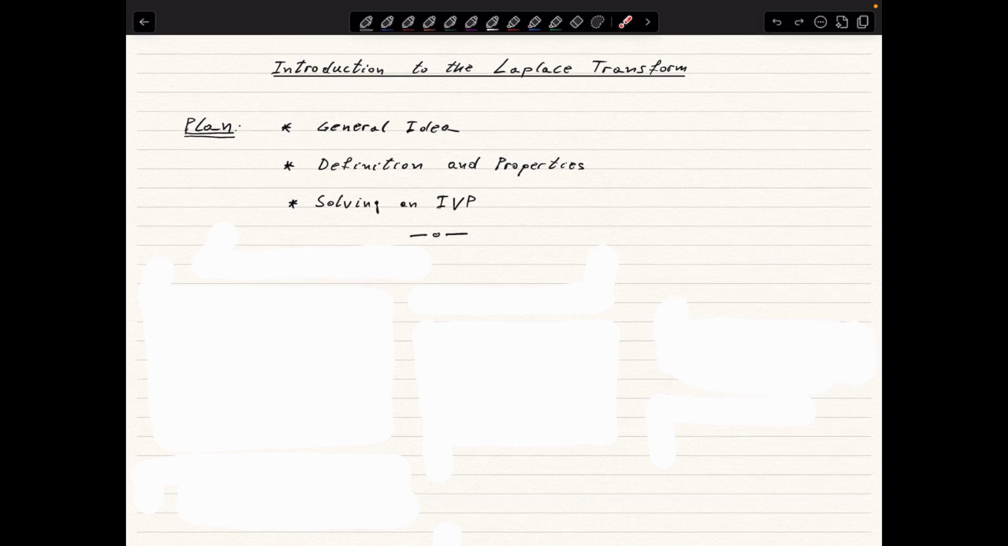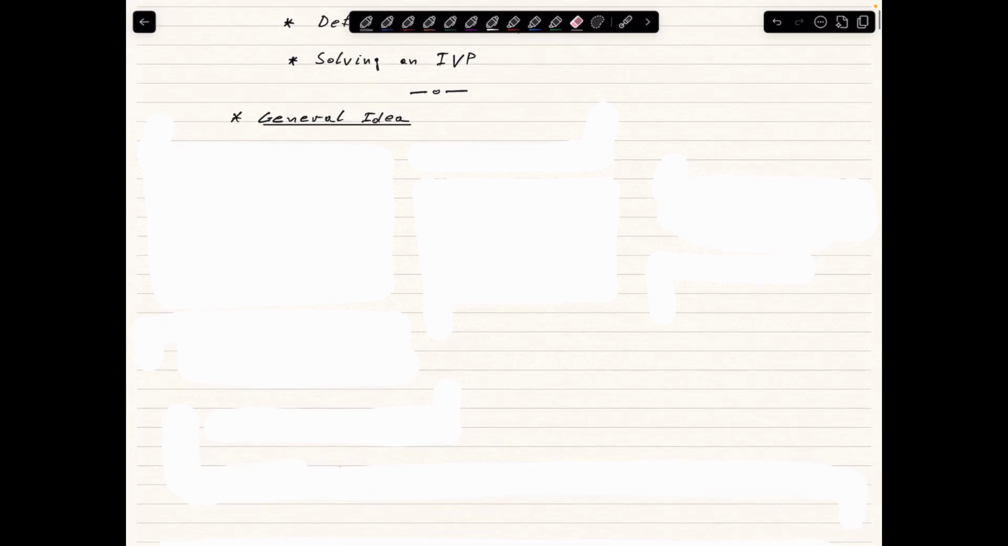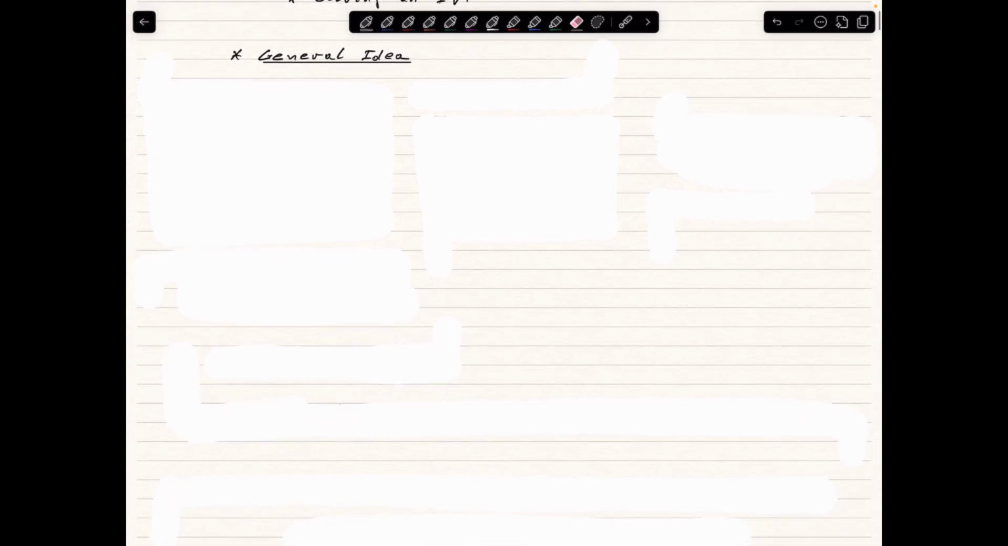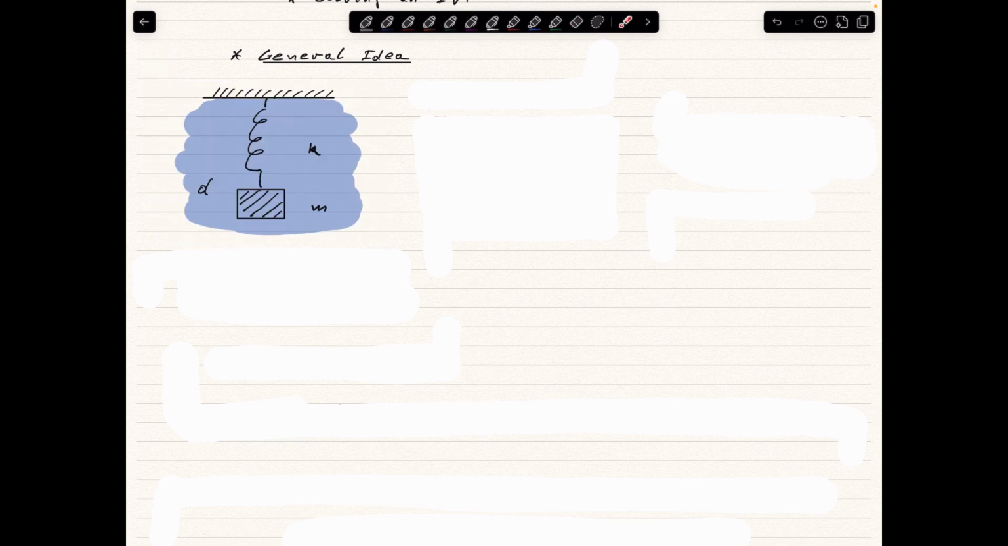Let's start with the general idea of the Laplace transform method, and to explain what this idea is and where it comes from, let's use an example. The example is going to be a mass spring system that consists of a spring with spring constant k, an object attached to the spring with a mass m, and the spring oscillates in a medium with damping constant